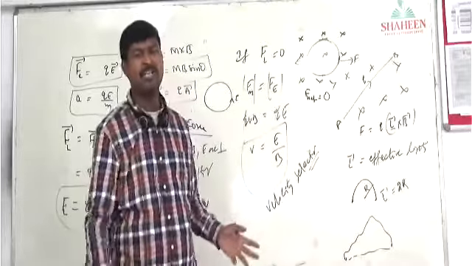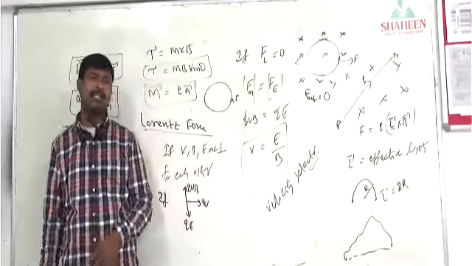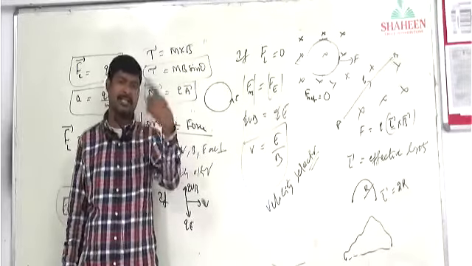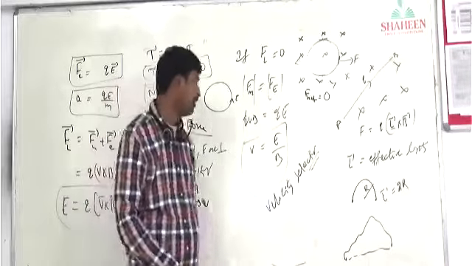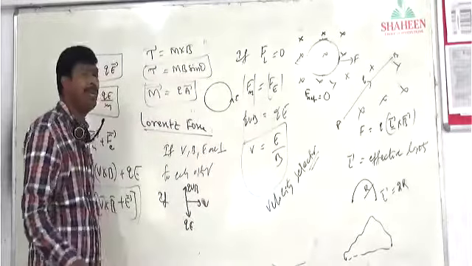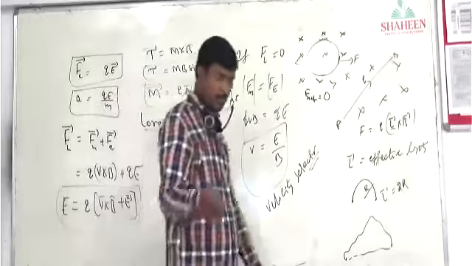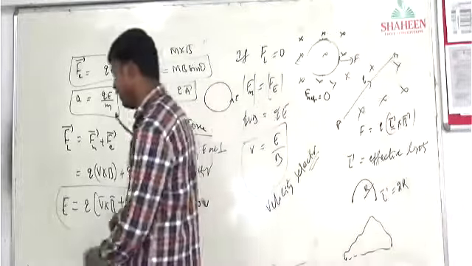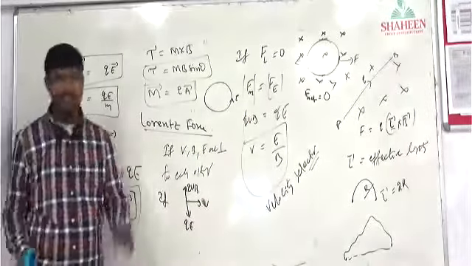The definition is the integral of B dot dl equals mu naught I in, where I in is the current inside the loop. That current is what we call Ampere's law. Right? And apart from this, there is the moving coil galvanometer. What does moving coil galvanometer mean? What simple concept do you see?